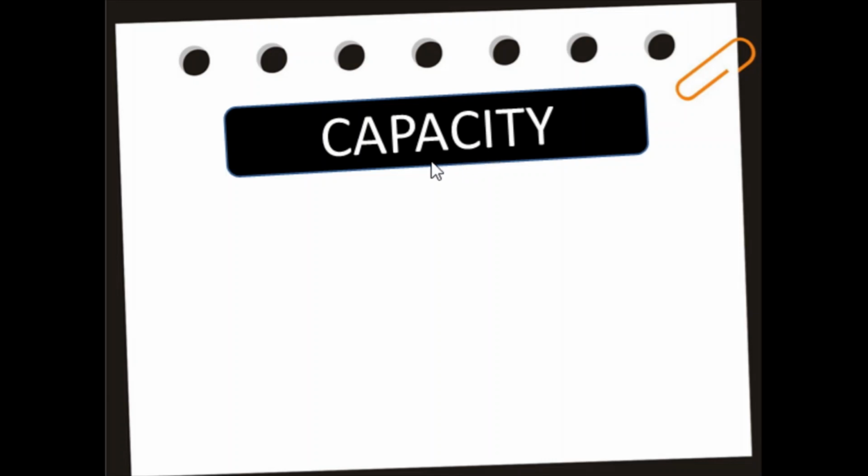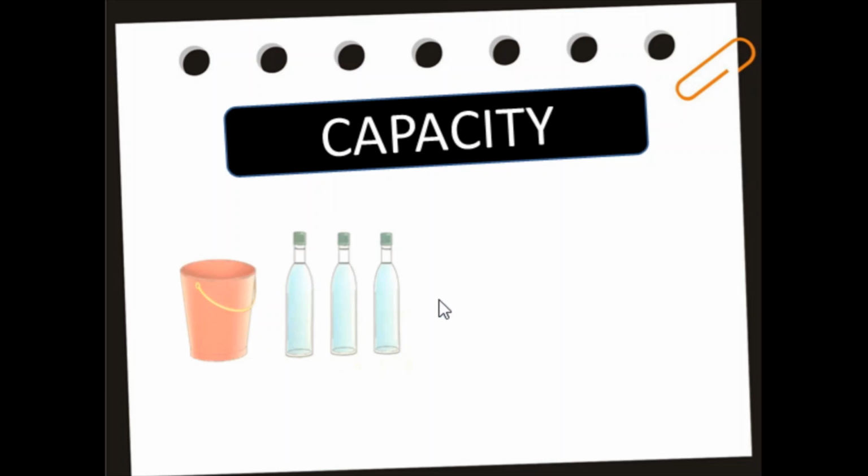Alright, capacity means how much a container can hold a specific good. How much the container can hold some liquids or dry goods. Example, look at the picture. We have here a bucket and 3 bottles. Behind this picture, we had